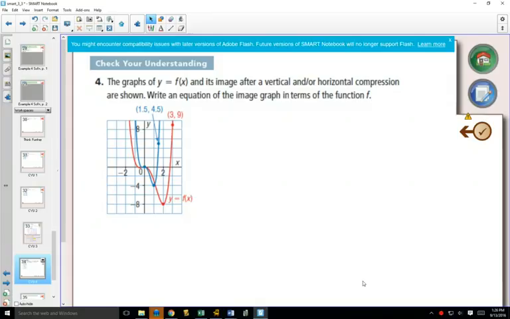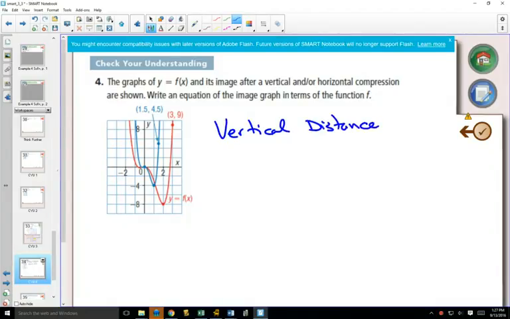So what we're going to do to help us figure it out is to look at how the x's have changed and how the y's have changed. We'll start with the y's because y's always come up first, right, when we're going from left to right. So if we look at the vertical distance between 2 points, we're going to pick points on our original graph and then pick corresponding points on our image graph. So I'm going to call this point down here A, because that's on our original graph,